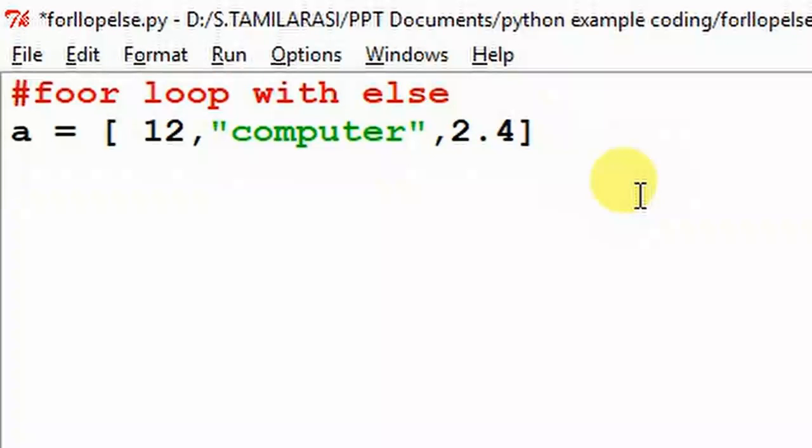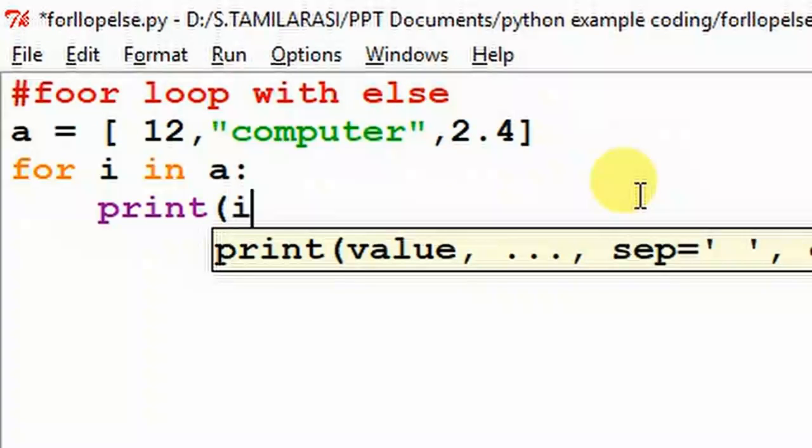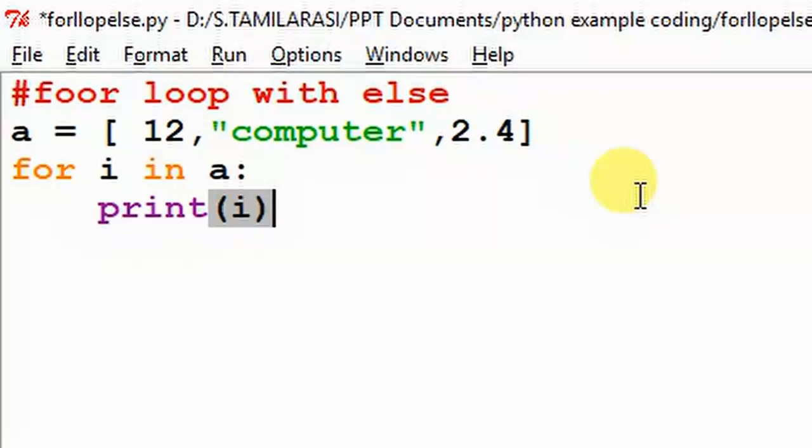Next I write the for condition: for i in a, print i. These values are stored in i directly. Next I use the else of the for loop.